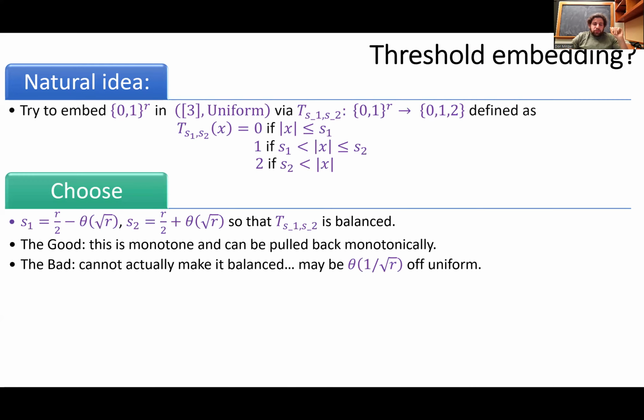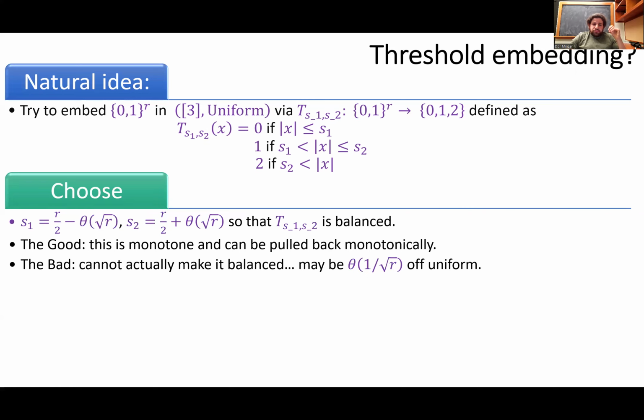And indeed, if you think about it for a little bit and use some estimates, you can show that you can partition the cube into 3 roughly equal parts, and you use these thresholds as on the slide. And this is monotone, and you have a pullback, and all of this is very good. The only issue is that it's not actually possible to make this threshold function partition the cube into 3 equal parts. In fact, it will always be the case that one of the parts will be at least somewhat off. So trivially, you can achieve 1 over root r, and if you work a little bit harder, you may improve that a little bit, but this cannot give us something exponential in our